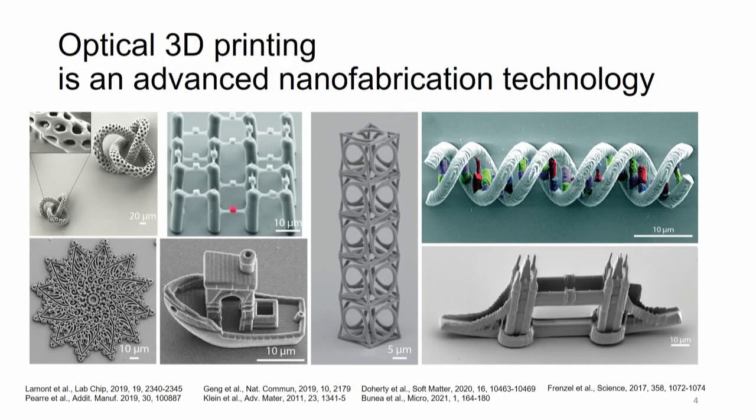So you can make replicas of famous objects at the micro scale. You can make fancy mechanical materials. You can make really complex structures like this knot with the extra nanostructure. You can make patterns, whatever you like. However,